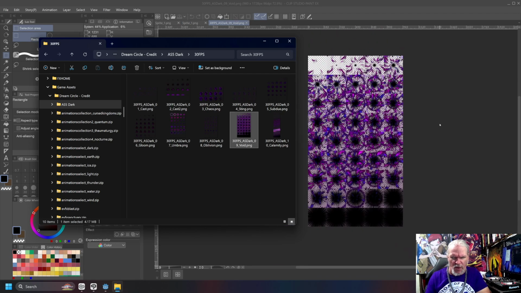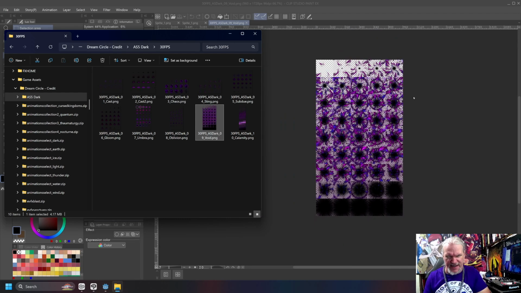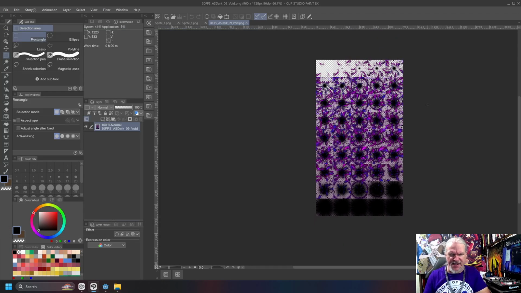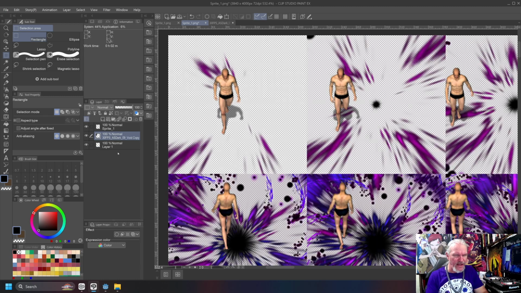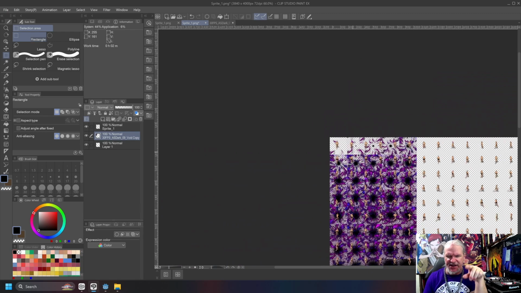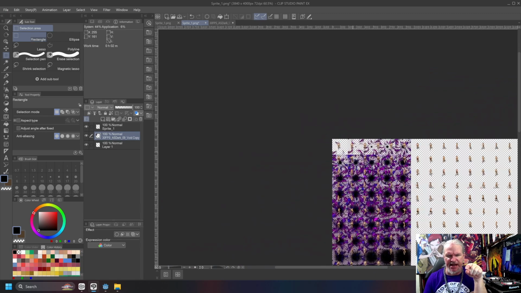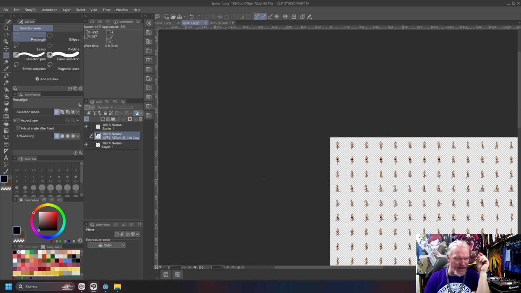So this is what the void looks like, and I really don't like the look of it, but in any case, if I copy it and bring it over here, let's create a new layer, and we'll put it underneath the character layer and paste it in there. The first problem is that the sizes don't match, okay? And the reason the sizes don't match is, if I turn this one off right here,